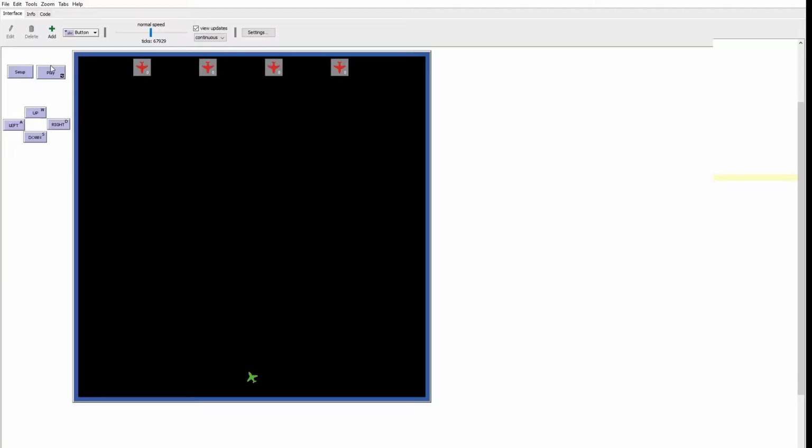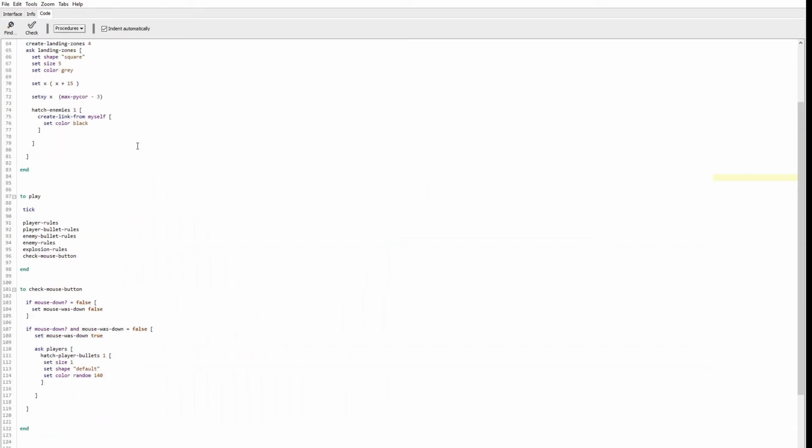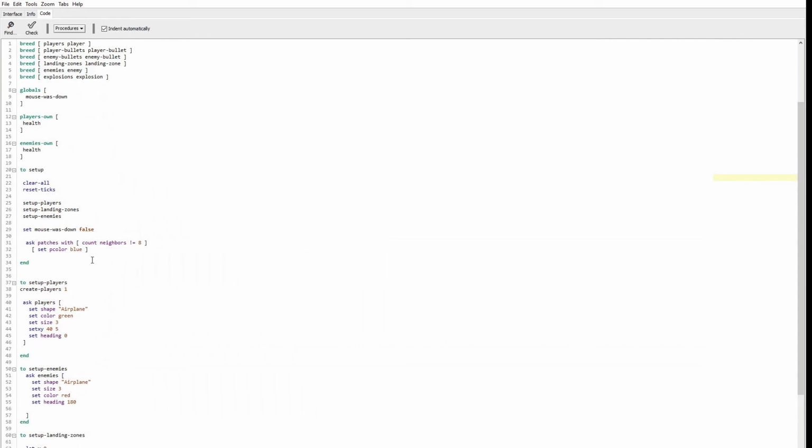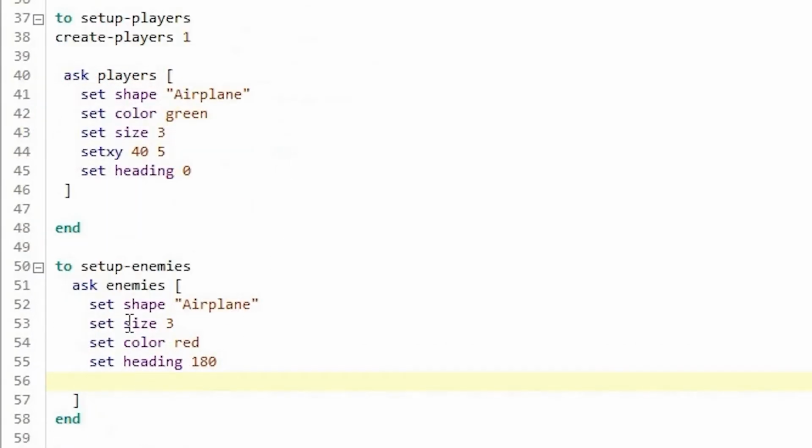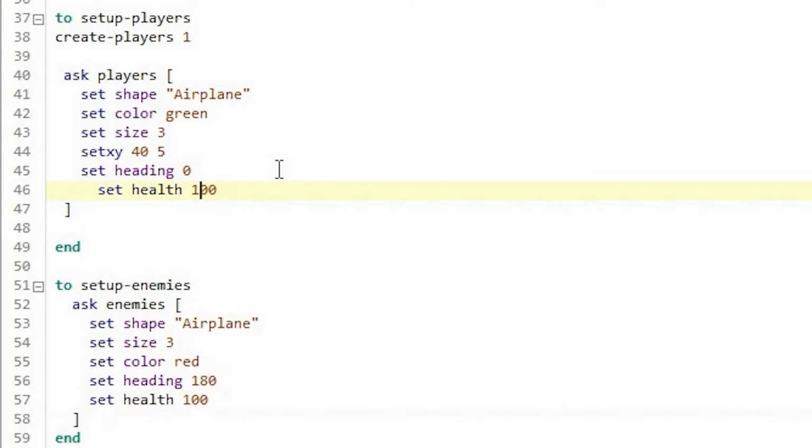So when we are setting up an enemy, under enemy properties, we can say set health to 100. We can do the same thing for players also, setting health to 100.